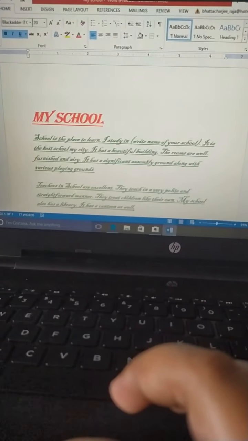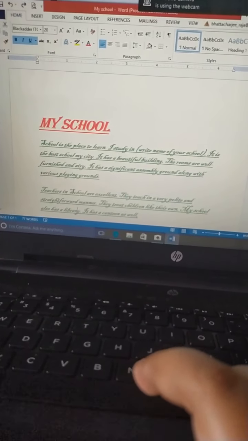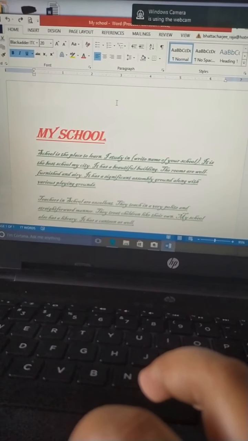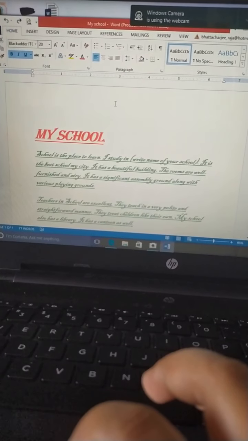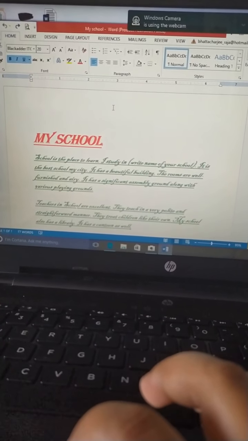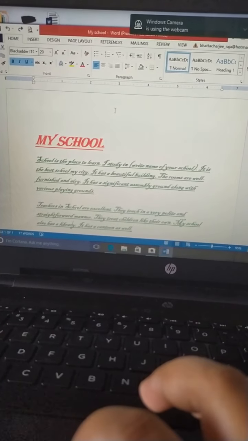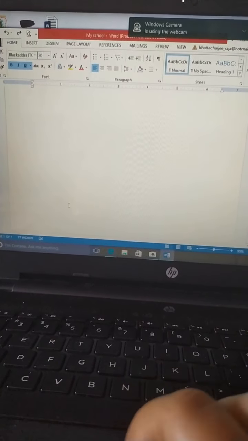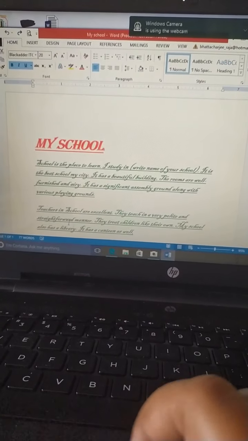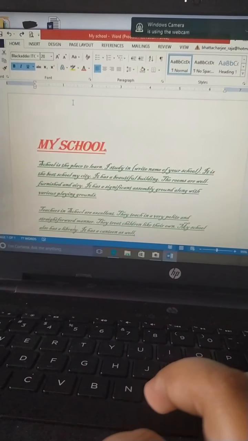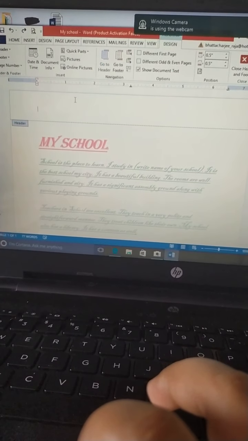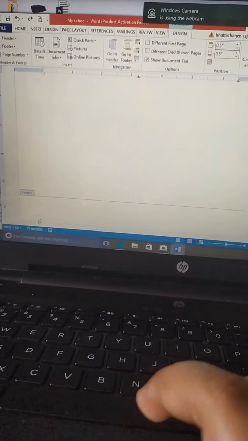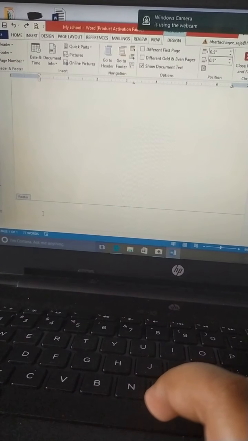Suppose this is the document that we have made and we want to add some header over here. Header is a section of the document that appears in the top margin and footer appears in the bottom margin of the document. Here the header appeared and at the bottom of the page the footer appeared. And how to bring it? Bring the mouse over here, double click over there. See, the header section is shown. Along with that, the footer section is also shown to you.